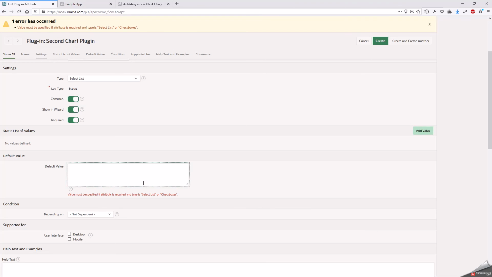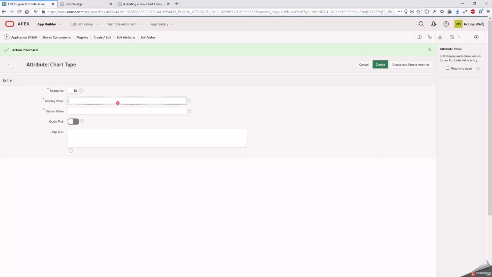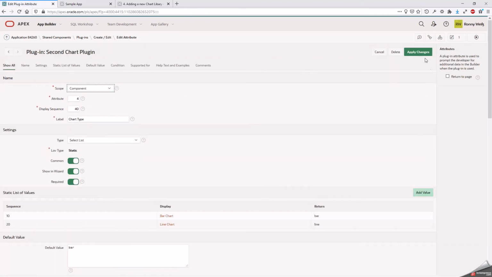I have to set a default value, sorry. We choose bar, then we add the value. So we apply changes, and then we have our next attribute,